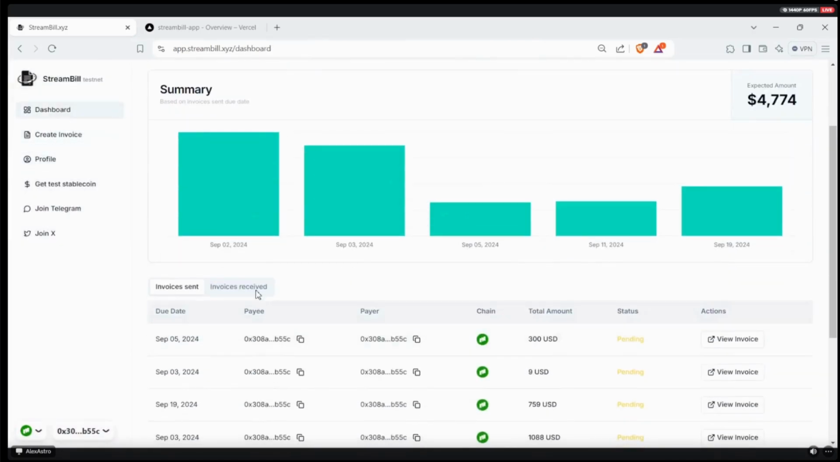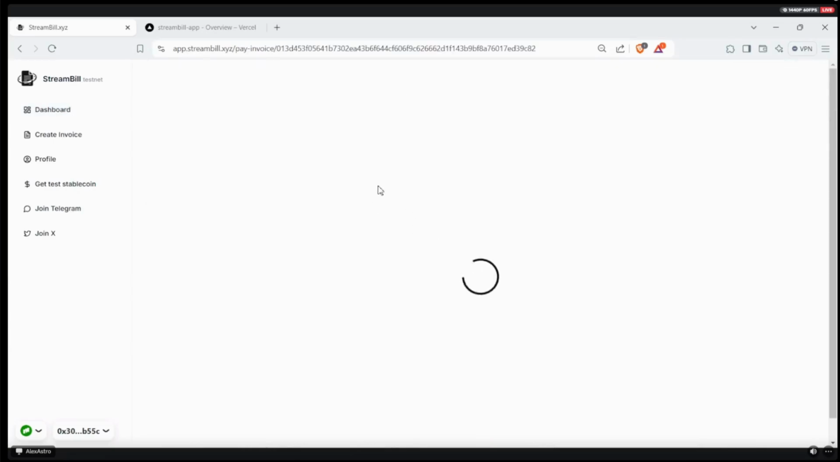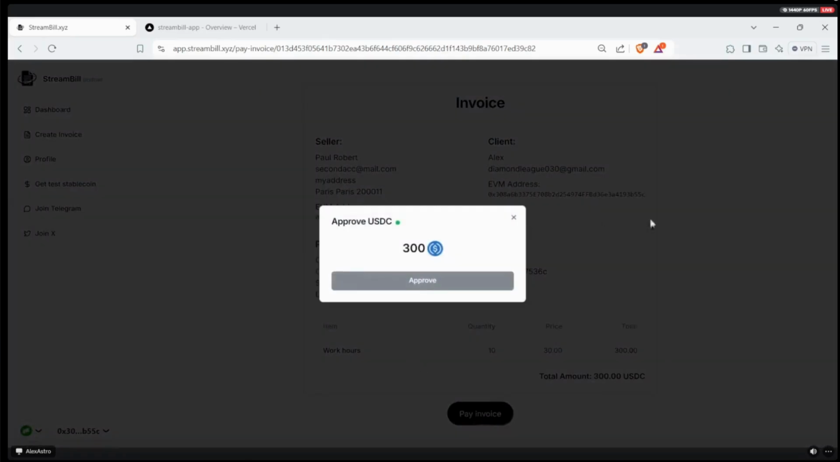Now, if I go to the invoices received, I see this new invoice that I just made, and it's pending. I'm going to view invoice, and now I get the chance to pay the invoice. I first approve the amount,